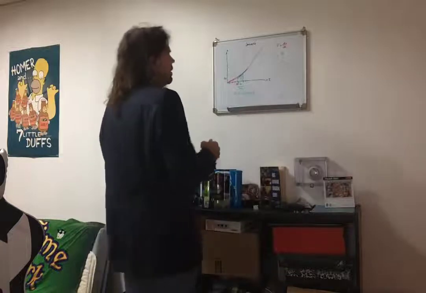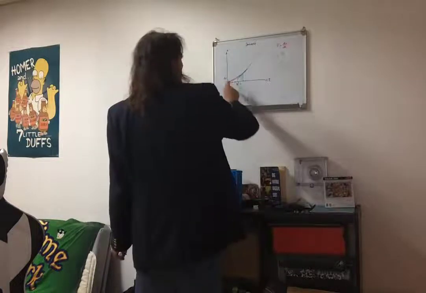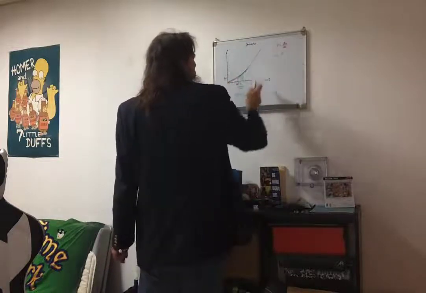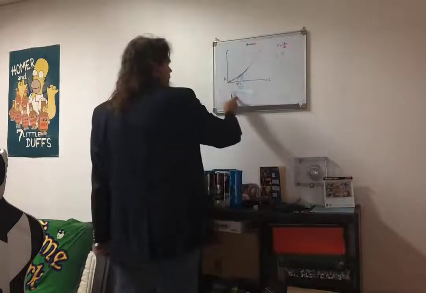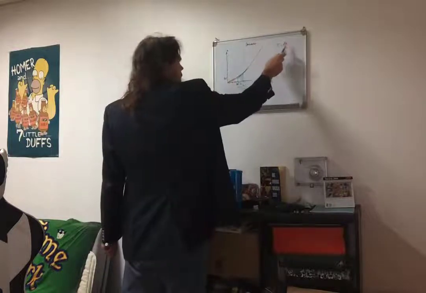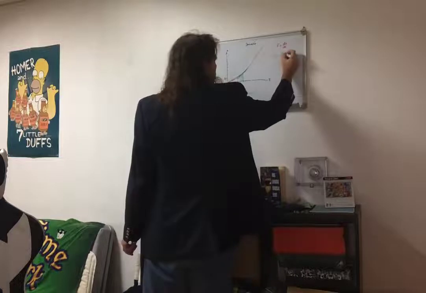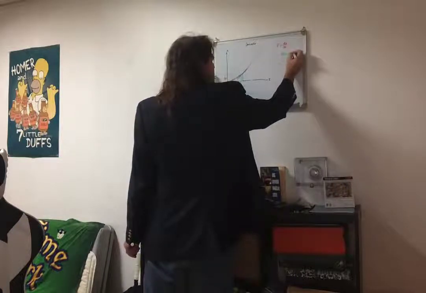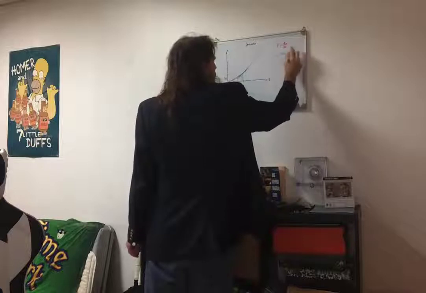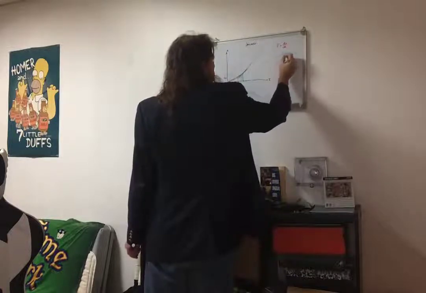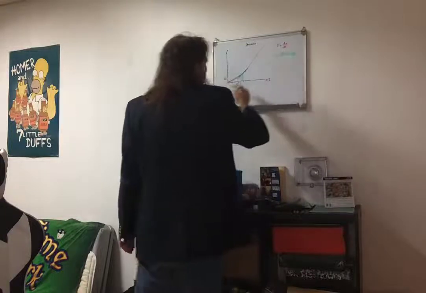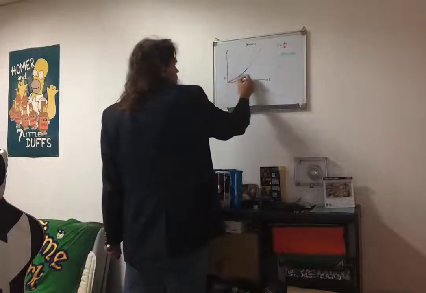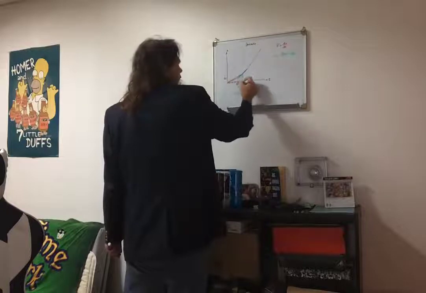Instead of delta x, we replace it with f of x plus h minus f of x, okay? And then we divide this not by delta t but by just h,